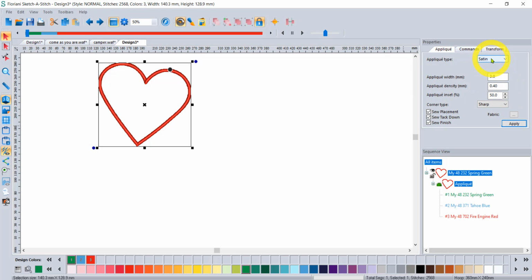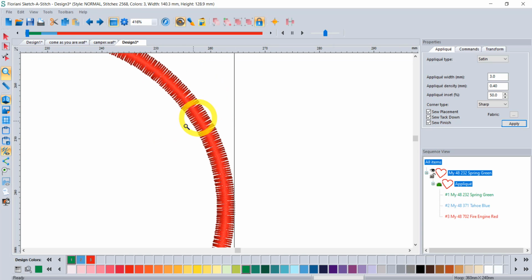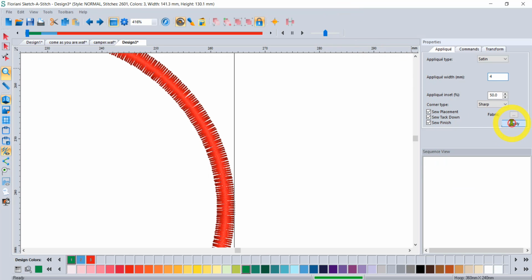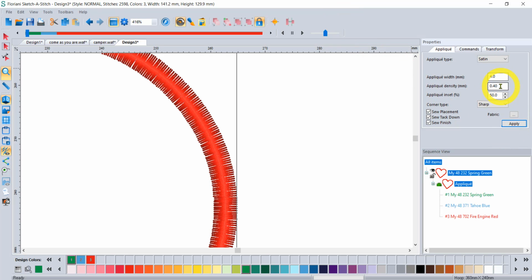The first choice is, what kind of cover stitch do you want? A satin edge, or a blanket edge, or a motif edge? With the satin edge, you get, like all of the other satin stitches, a zigzag that goes back and forth. You can control how wide it is with the width here. I'll make it from 3 to 4, and that will make it wider. And I can change the density. It's decimal 4. If I make it decimal 3, it'll have more stitching,